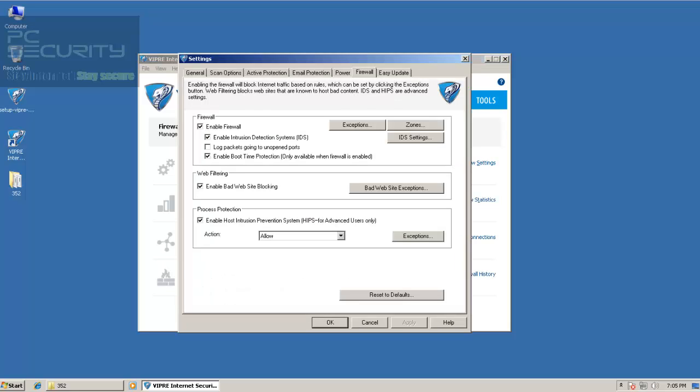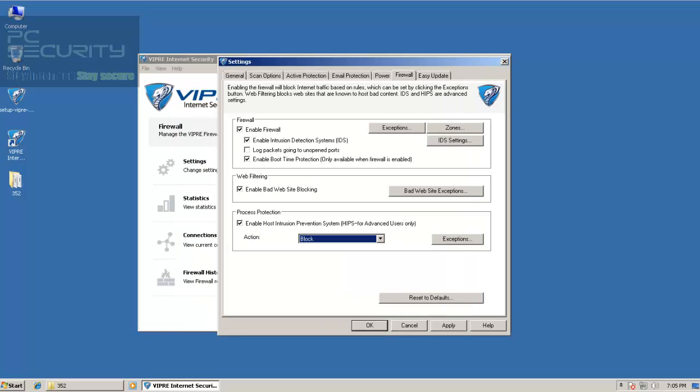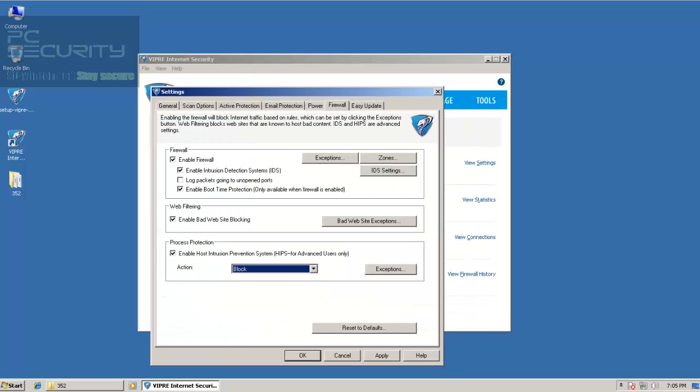So now what I'm going to do, let's remember that this thing does have a host intrusion prevention system, and if you are experienced or if you do want to try it out, there's no one stopping you. So if you wanted to see how it did with the default settings, this is the end of the video for you. But in case you're a nerd like me and you really like to find out how these components work,